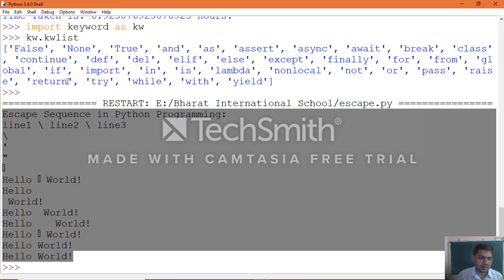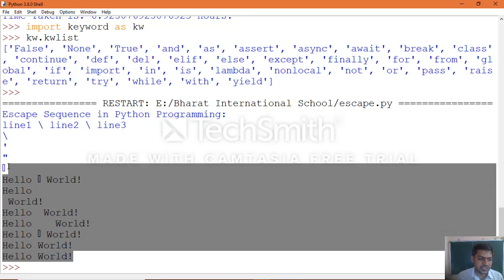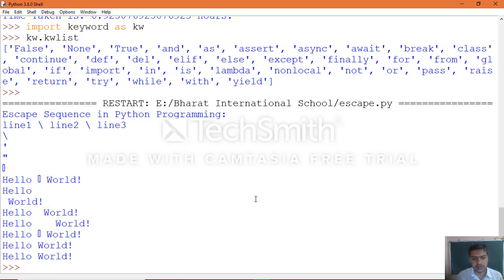So backslash, first one escape sequence, then single quotation, how you can print, double quotation, bell symbol, okay, backspace, a new line, a carriage return, tab space, which you can see between two words, and again vertical tab representation, this is how it works. And octal value representation: hello world with the help of octal numbers which we printed, and in the same way hello world message with the help of hexadecimal values which we printed. So the complete escape sequence which you can make use of in Python programming. Okay, so you can see the output clearly.